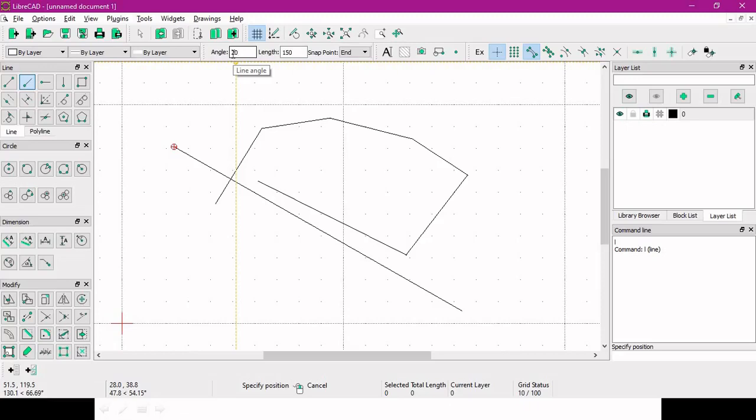Suppose you put 20 degrees, and here you can put the length, suppose 100, and whether you want the line to start from the end point, or the starting point, or the middle point. According to your requirement, you can use it. Once you put these values, this will change and you will get your line. So you can put it anywhere.